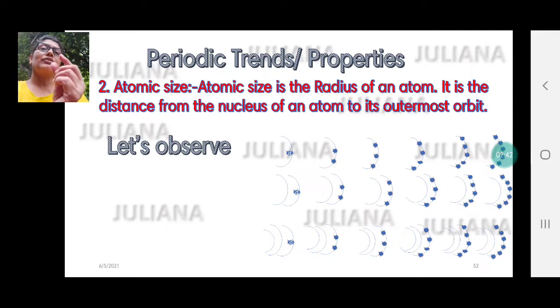For example, if you have a rubber band and you try to put a pin and pull the rubber band, you keep one pin here. Now the size will seem to be the same, but if that rubber band becomes tighter and tighter, or smaller and smaller, it will keep on pulling. Though the distance was the same between the nucleus and the outermost shell, if the rubber band becomes smaller and smaller, it will keep on becoming tighter and pulling the outermost shell more towards itself. So it's like an electrostatic force which is pulling the electrons towards itself.